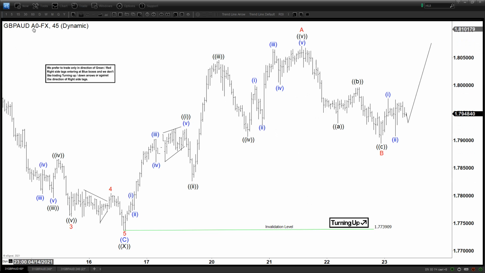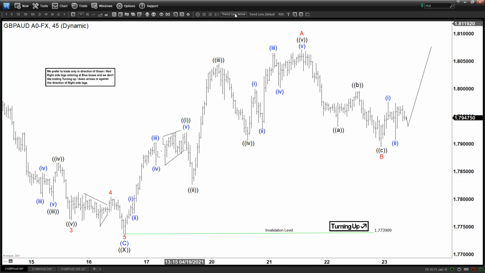Today we are going to take a look at the chart of the pound Australian dollar, pound Aussie. This is a 45 minutes chart here. We can see the pair ended with X over here, so that means currently we are going up within the Y, right? So this is corrective because WXY is a corrective structure, right? So the rally here can be considered as part of a corrective structure, and we can see within the Y